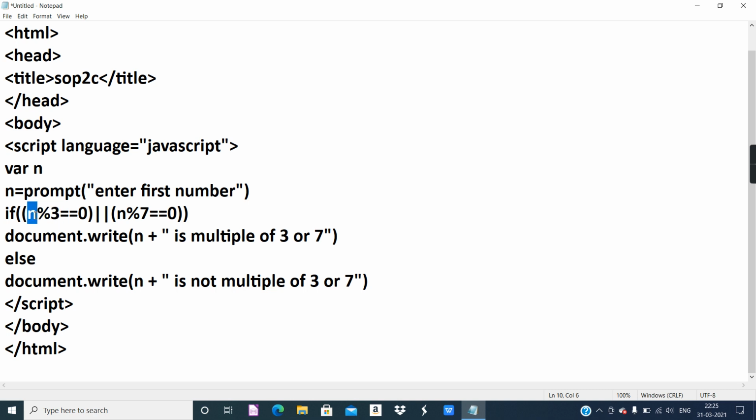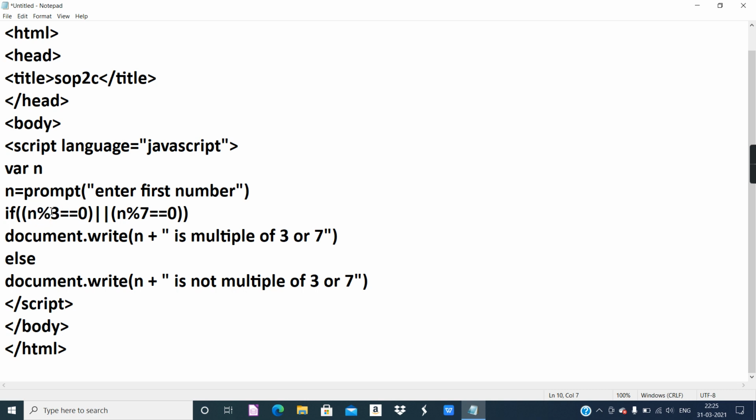The modulus operator takes the remainder, not the quotient. The division operator takes the quotient, correct? And the modulus operator takes the remainder.